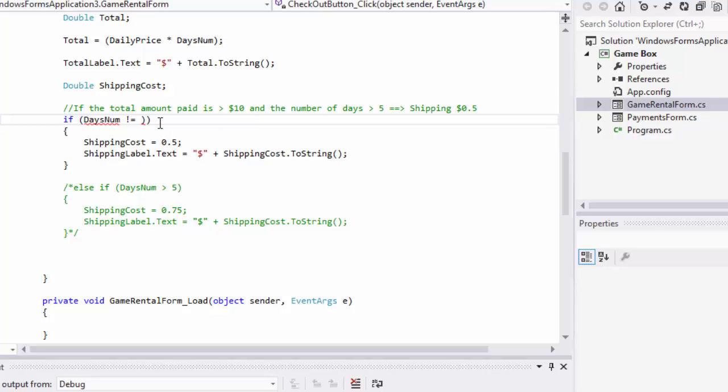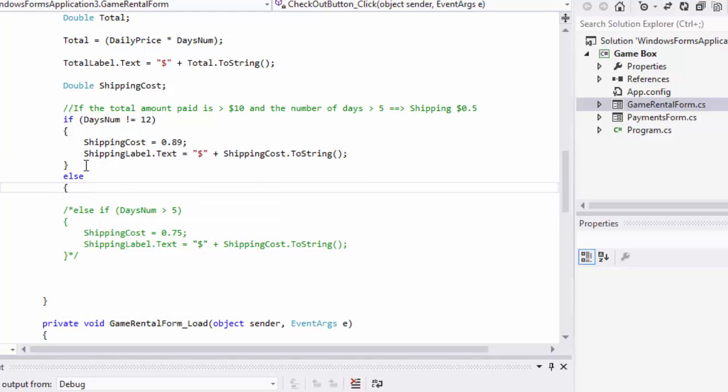Let's say we are provided an offer, or a discount on shipping, for people who rent the game for 12 days. So then if that number of days is not equal to 12 days, then we set the shipping value to, let's say, 89 cents, and then else,